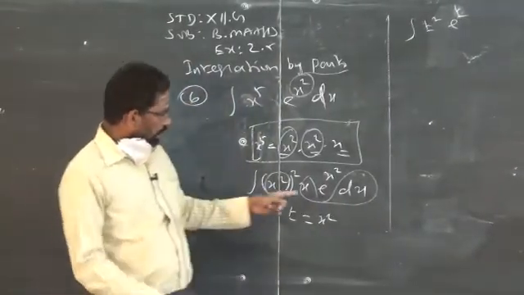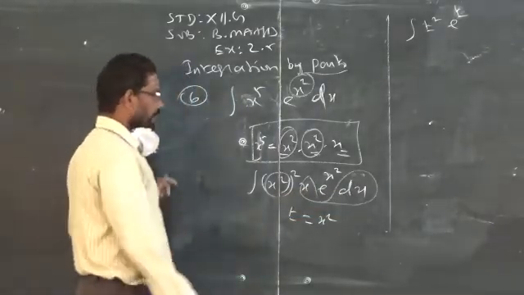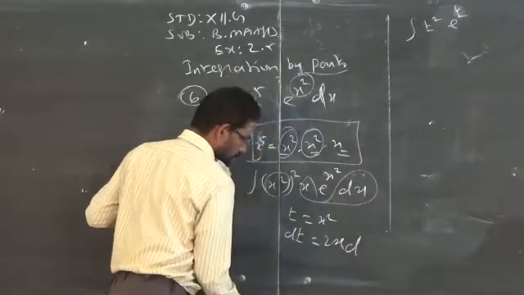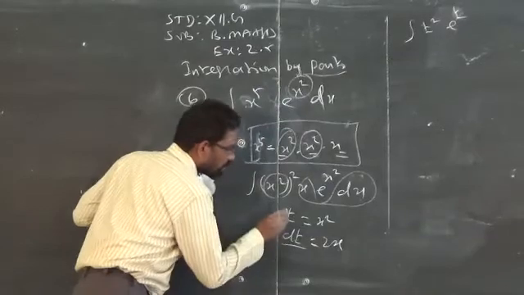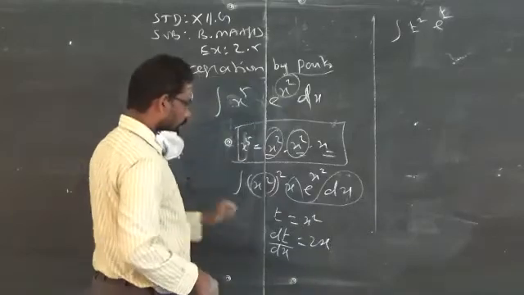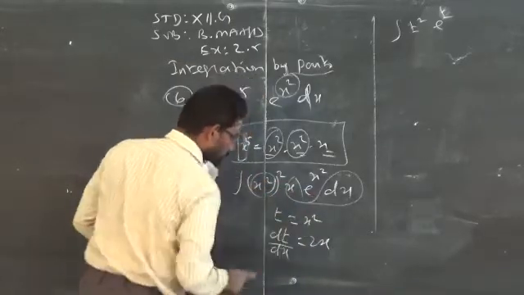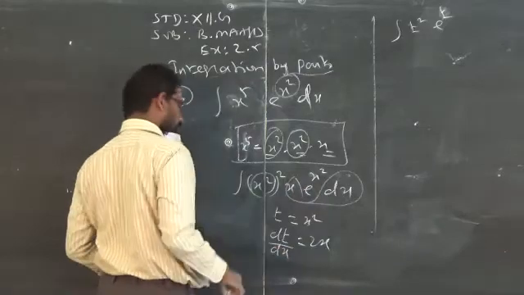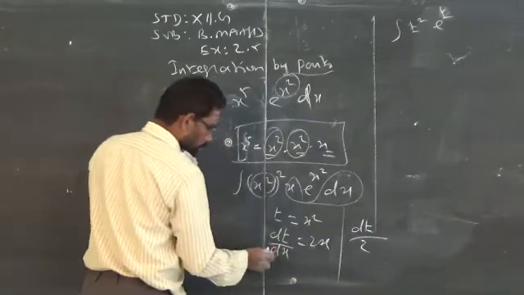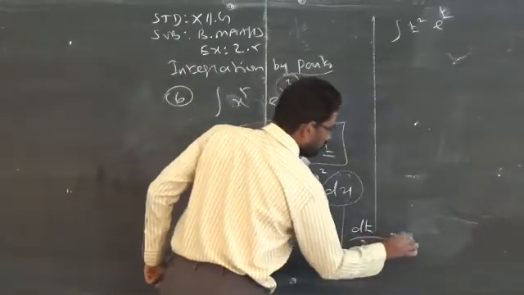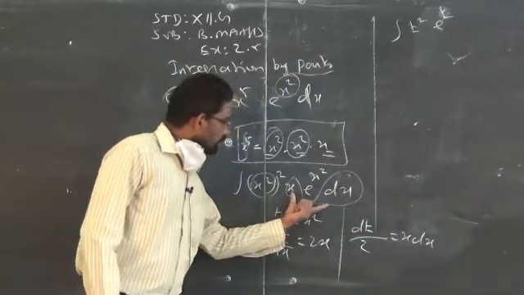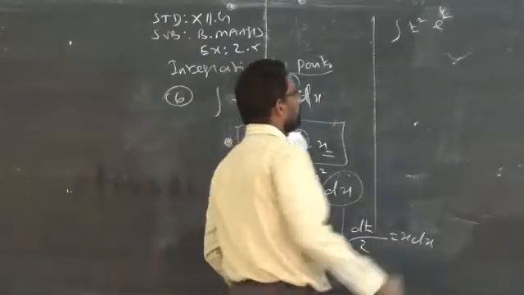Everything I changed; the only thing I need is x into dx, for which I am differentiating. dt is equal to 2x into dx, differentiating the t function with respect to x. I need only x into dx, so depending on the question, I transfer only dx and 2, which will give dt by 2. 2 will become the denominator of the left side and dx the multiplier of the right-hand side. So I got x into dx. Now you see this x into dx is replaced by dt by 2.